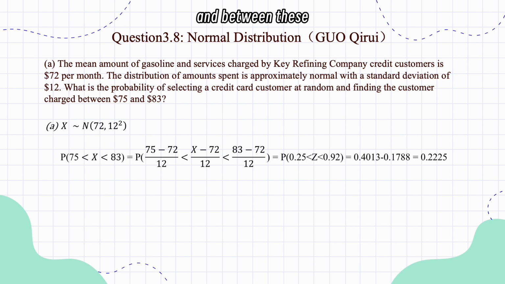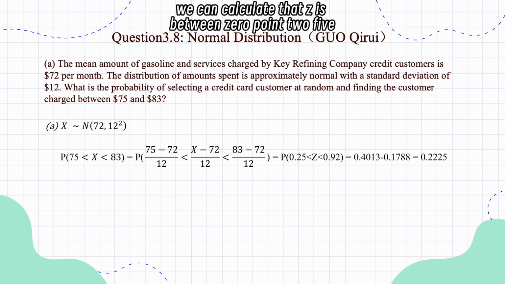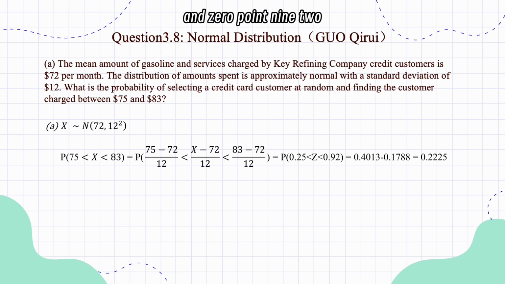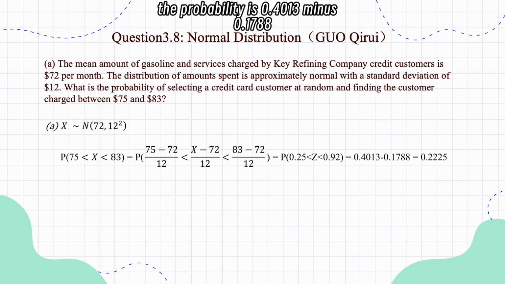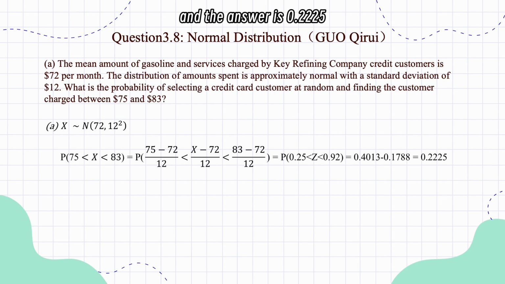From these, we calculate that z is between 0.25 and 0.92. And according to the z table, the probability is 0.4013 minus 0.1788, and the answer is